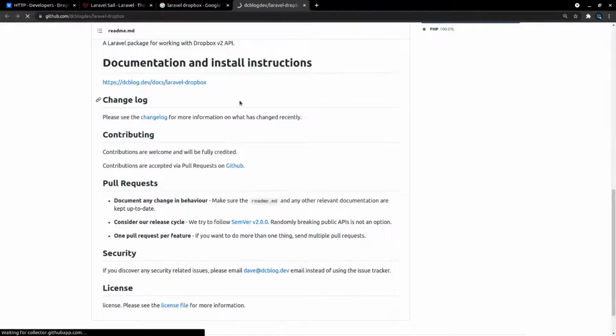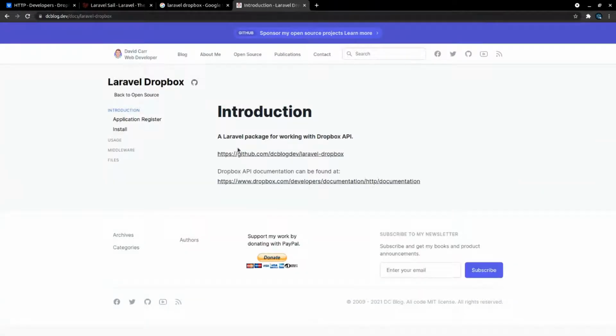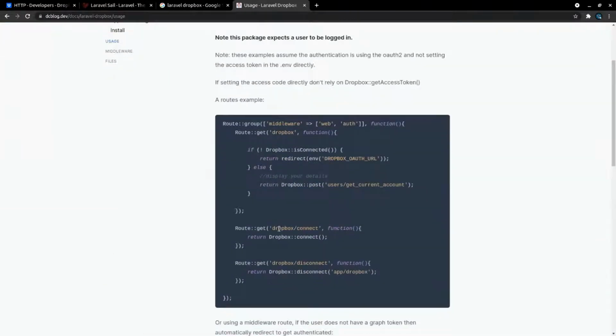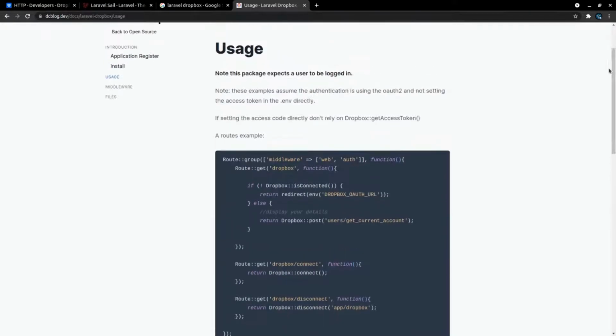Documentation. Dropbox API, yeah, but usage. Here we go. All right. Looks like I'm gonna have to actually read this. So, assume the authentication is using the OAuth 2 and not setting the access token in the .env directly.